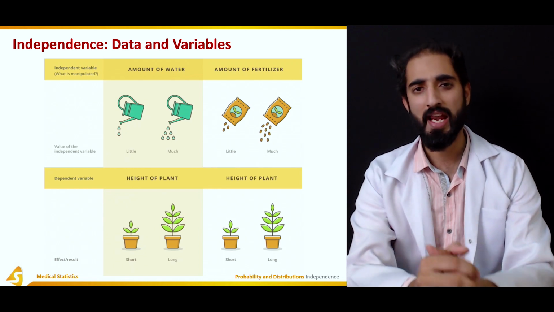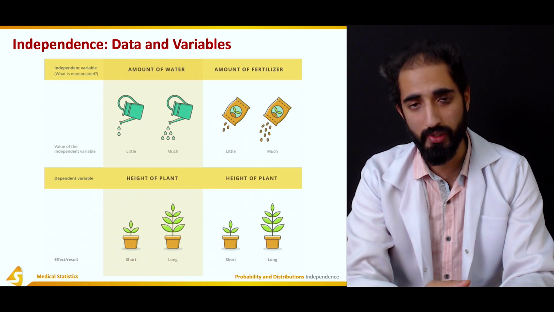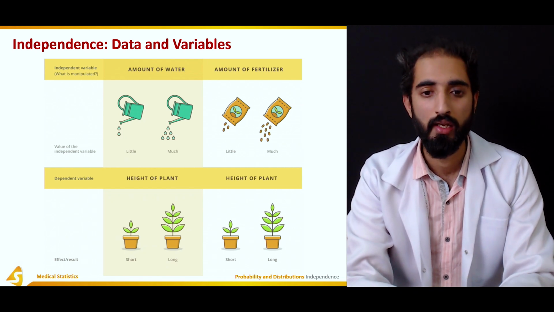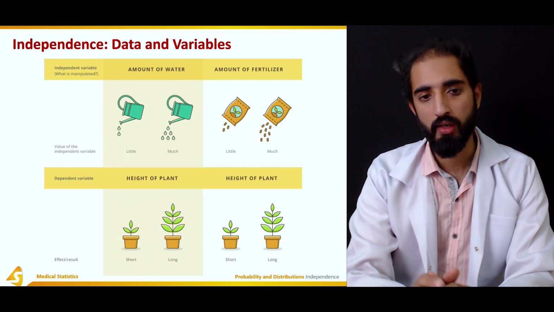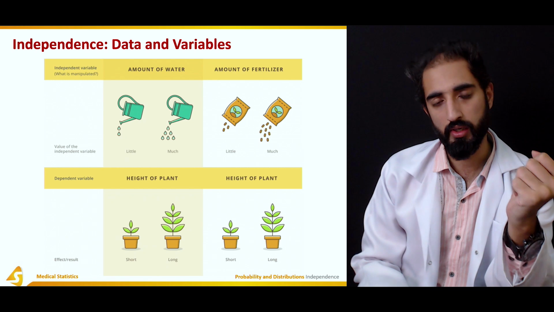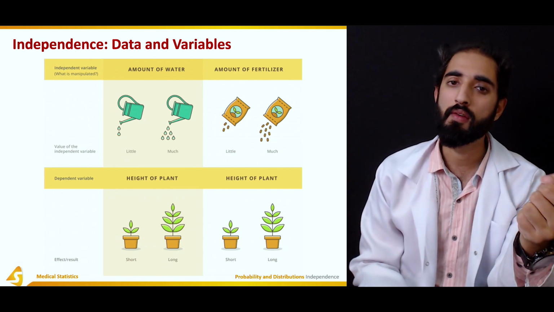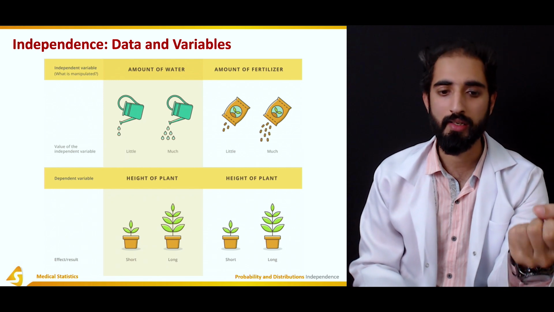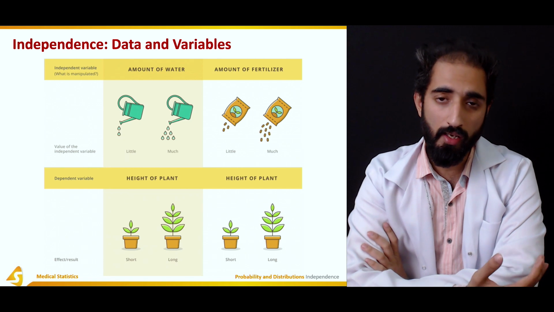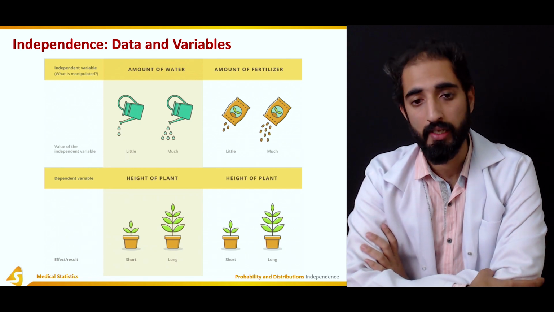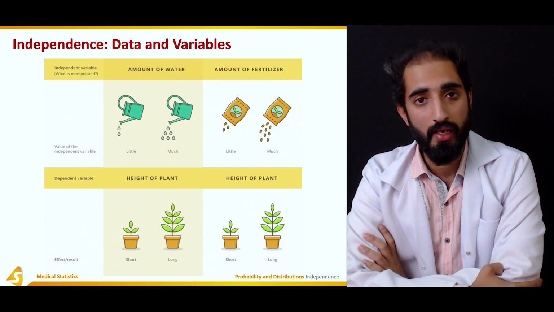So let's take another example which is out of the context of the medical, but it is a very easy example so that it would be easier for you to understand the true concept of independent and dependent variable. So here we have an independent variable, for example, amount of water. So if we give a greater amount of water to a plant, then there is a chance that there would be a better growth of the plant,